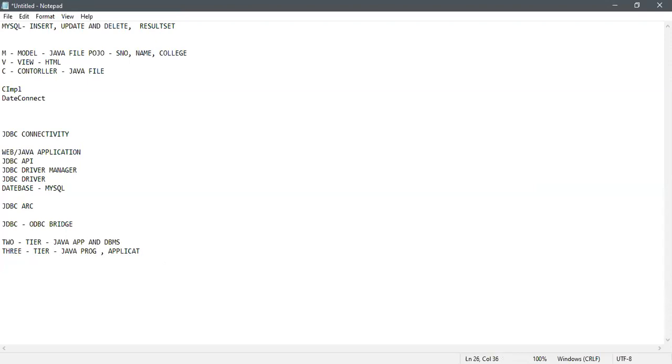Why do we choose a server? Because the three-tier architecture includes only an extra server, and the remaining two things are the same.